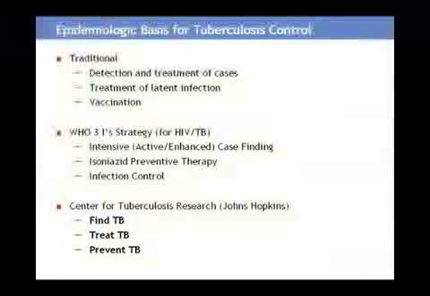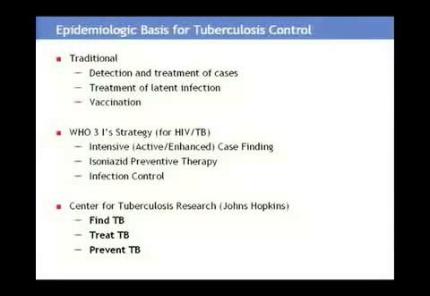And finally, infection control, which is extremely important because much of TB transmission occurs within hospitals. When a person does come in with active TB, if they are not isolated properly, they put all the other individuals at great risk of becoming infected, and especially if they're HIV positive patients, these people are then at great risk of progressing to active disease.